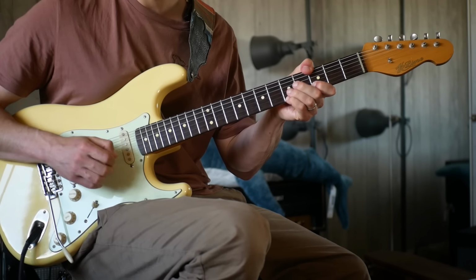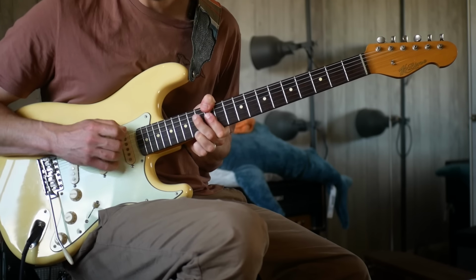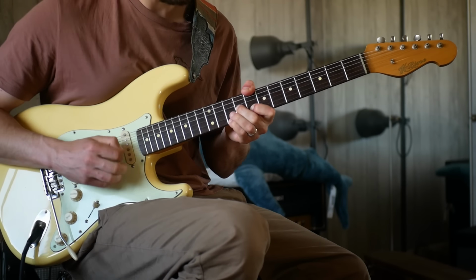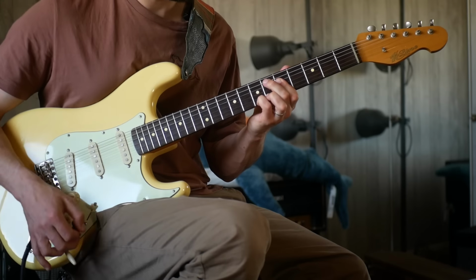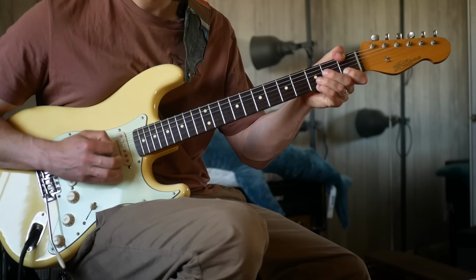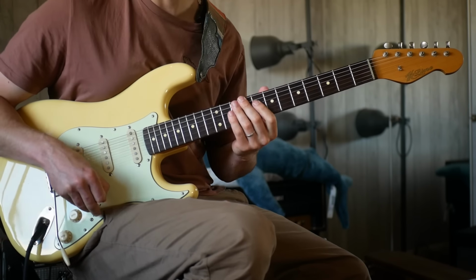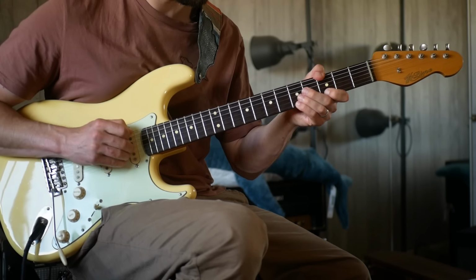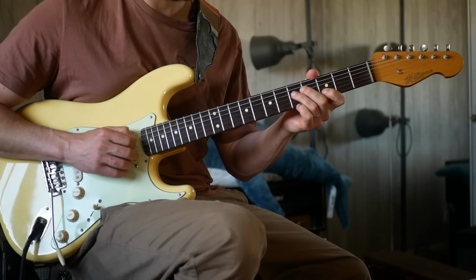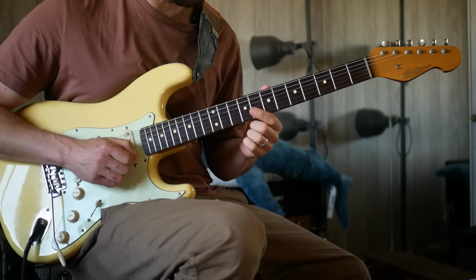Okay, so B over the A, back to the F sharp, D sharp, D, or the B over the A. And it's definitely there. That might even be quite a pretty way to get more out of Little Wing. Definitely, that's what Stevie does over that part, but